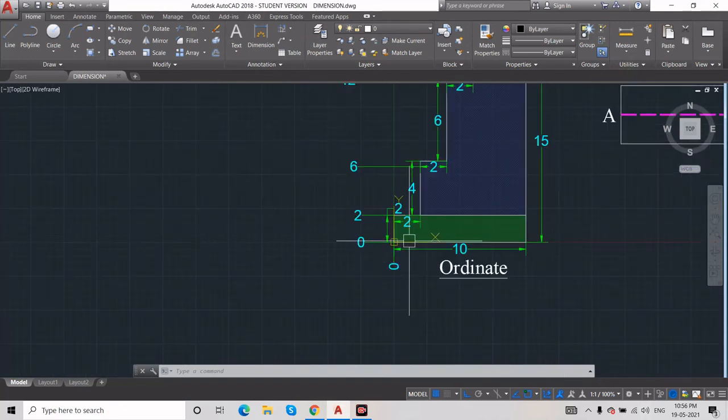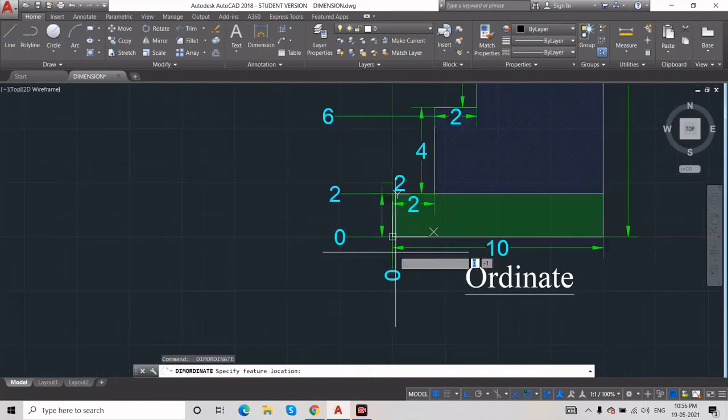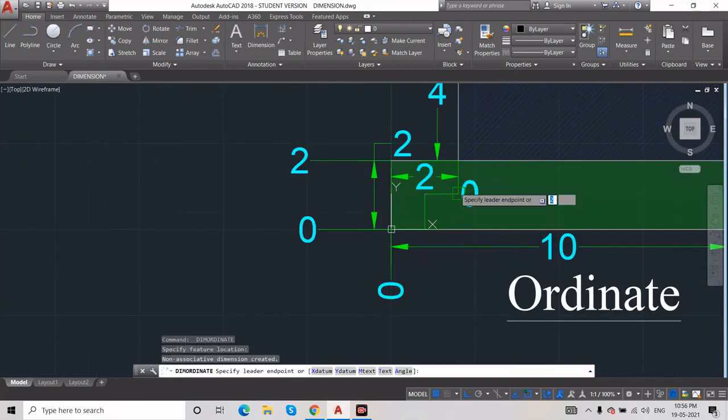Same thing you can measure in y direction also. So from here, sorry, this is our 2.